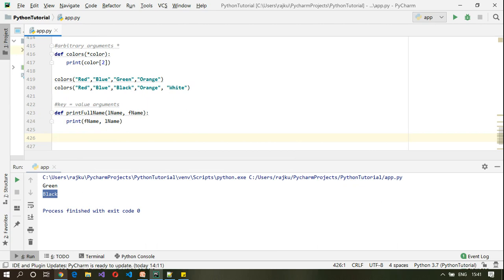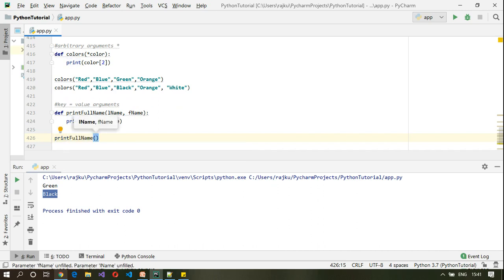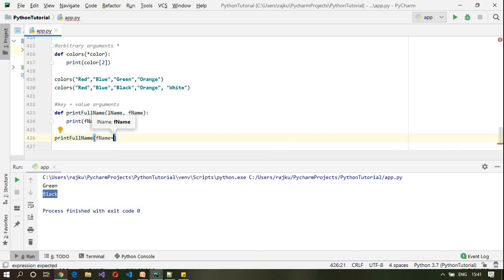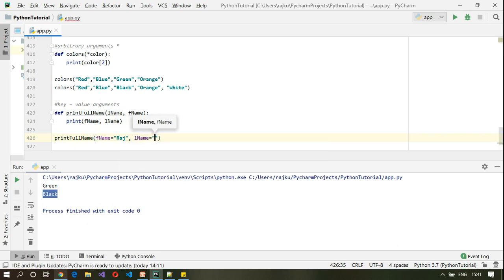While calling this particular method print full name, we can provide fname is equal to Raj and lname is equal to Kumar.